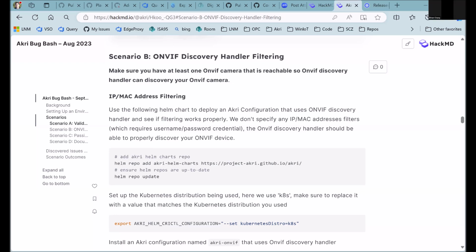Okay, got it. I'll start a draft of the bug bash pretty soon, and probably will ask for some more help to fill in some more details for the steps.